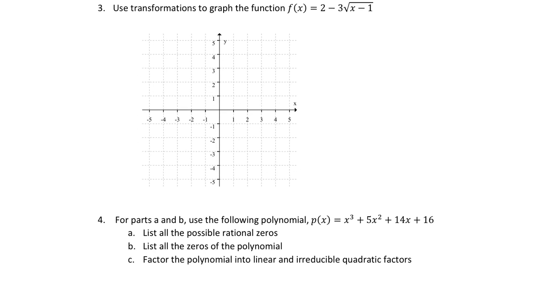Question 3. Now we're graphing a square root. And there's a horizontal transformation inside the square root. X minus 1 means it's going to move to the right. Now, it's written backwards, actually, from what may be considered a little more common. So this could also be written as f of x equals negative 3 times the square root of x minus 1